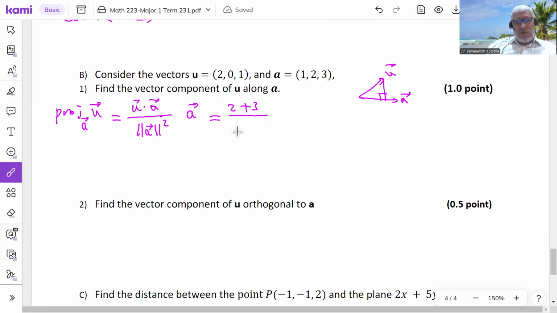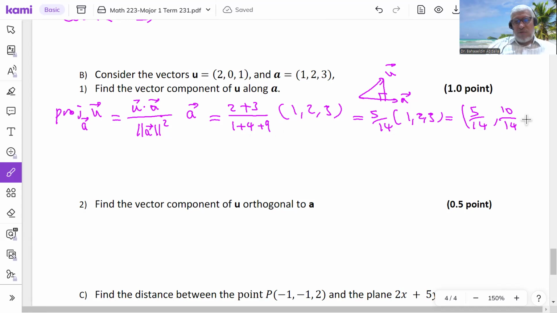So it is the square root of, but since it's squared, there is no need of the square root. So it's 1 plus 4 plus 9 times A, where A is 1, 2, 3. That's the vector A. So 2 plus 3 is 5. 1 plus 4, 5 plus 9, that's 14, times 1, 2, 3. So the projection would be 5 over 14 times 1, 5 over 14 times 2, that's, let us say, 10